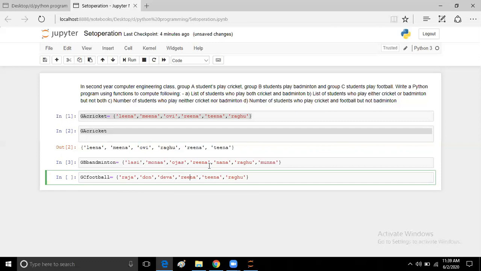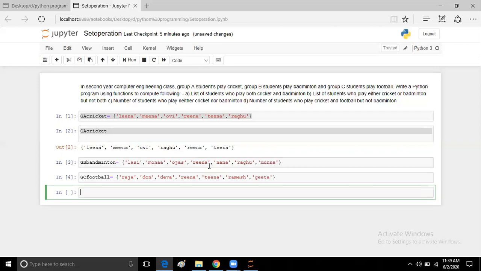Again, Rina will play football. Tina will play football. And here I will show Ramesh. One more player I'm going to add will be Geeta, right? So in this way, I created the sets for group A cricket, group B badminton, group C football, right?